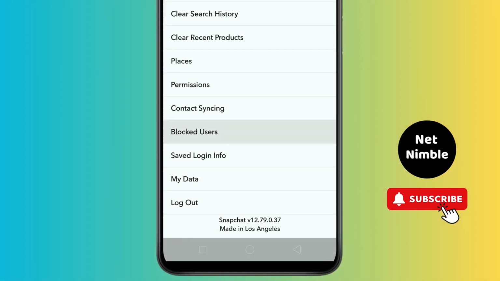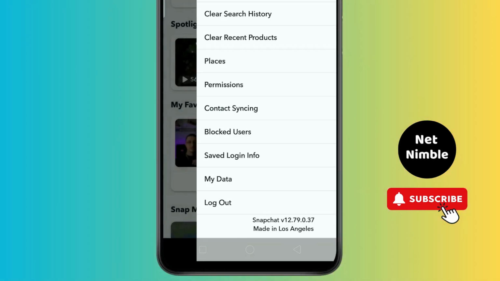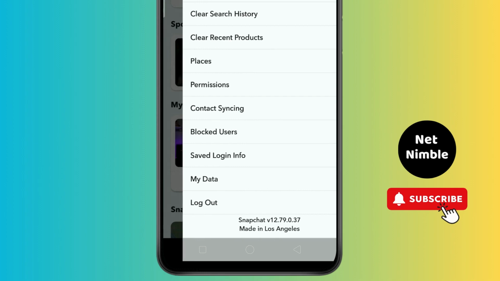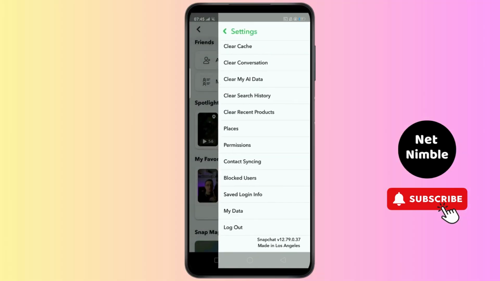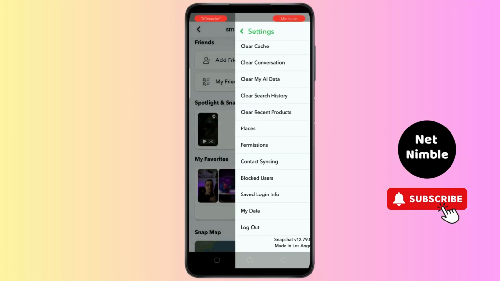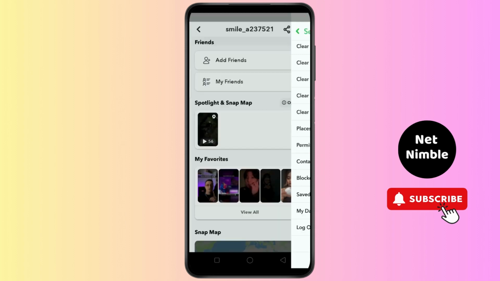And again, when you tap on it, you will see the users that you have already blocked. From here, you can unblock them. And again, if you don't find the user because you haven't blocked them but removed them as a friend, then